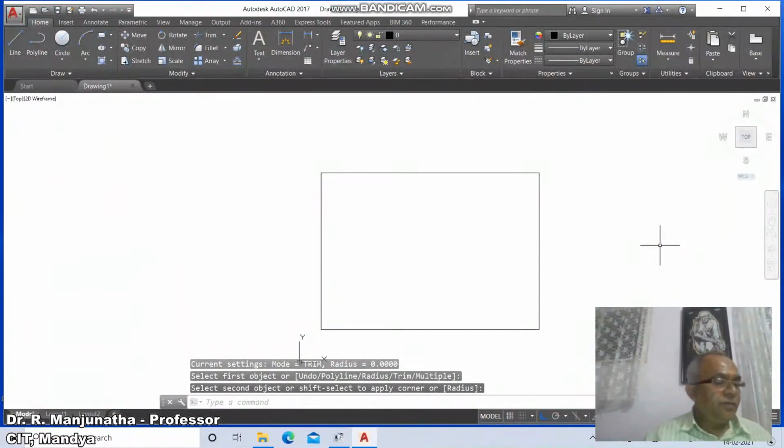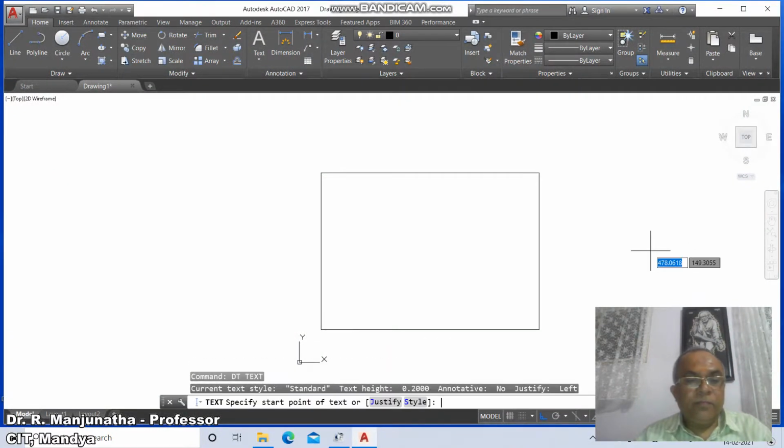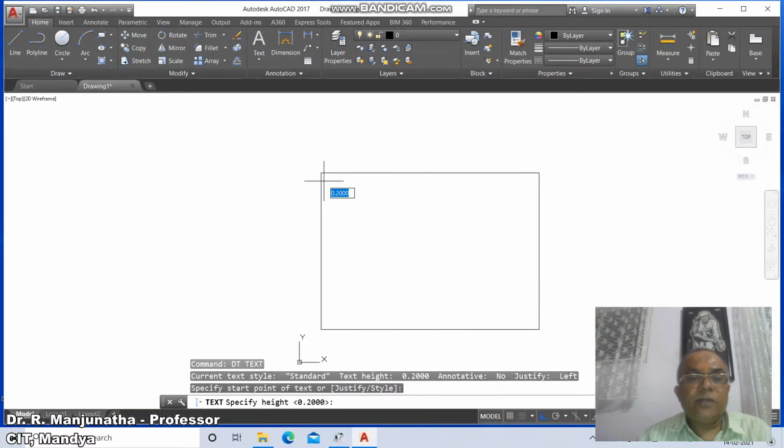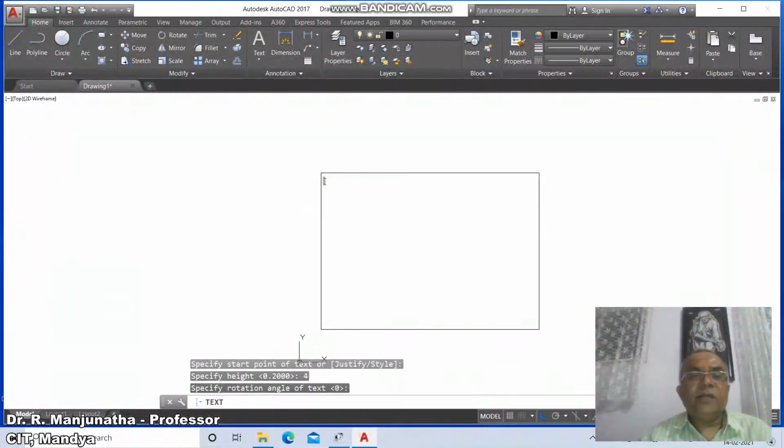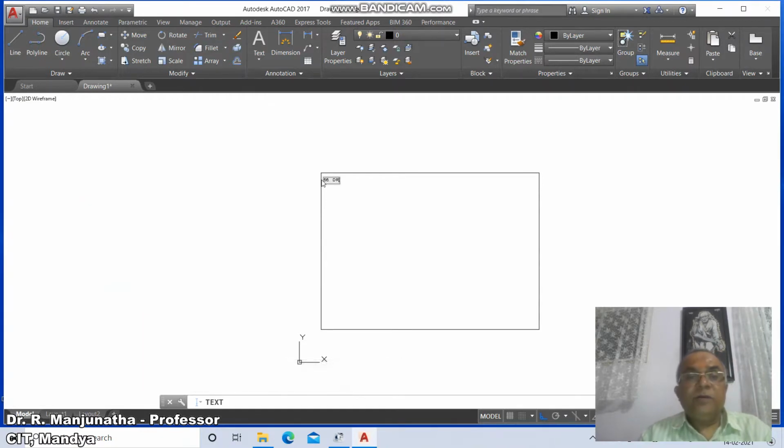Now we go for the DTEXT and select this point, take the height as 4, rotation angle as 0 and type 56. Problem number 56. Draw the projections of a line capital PQ and find its apparent length, true length and true inclinations with HP